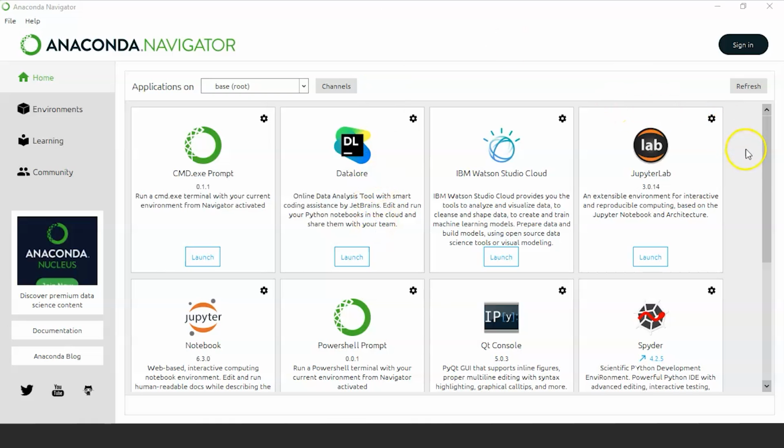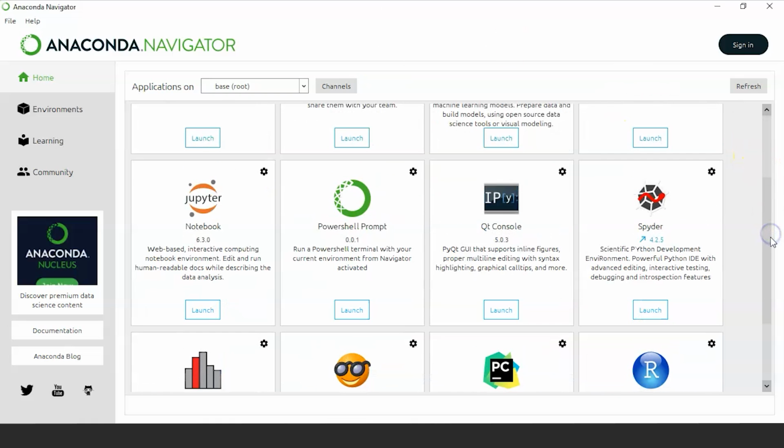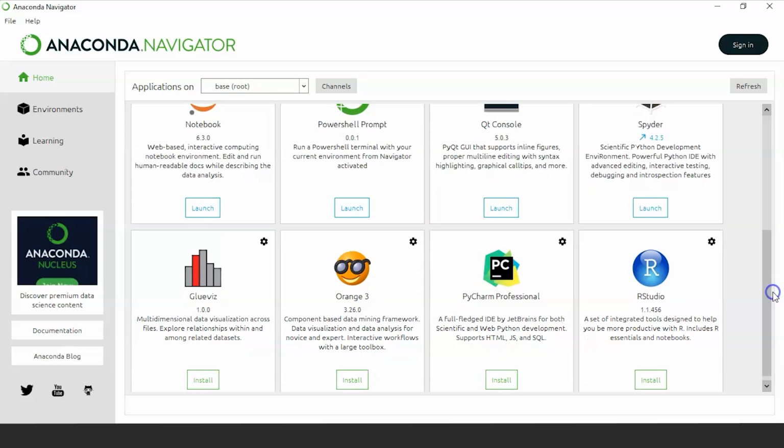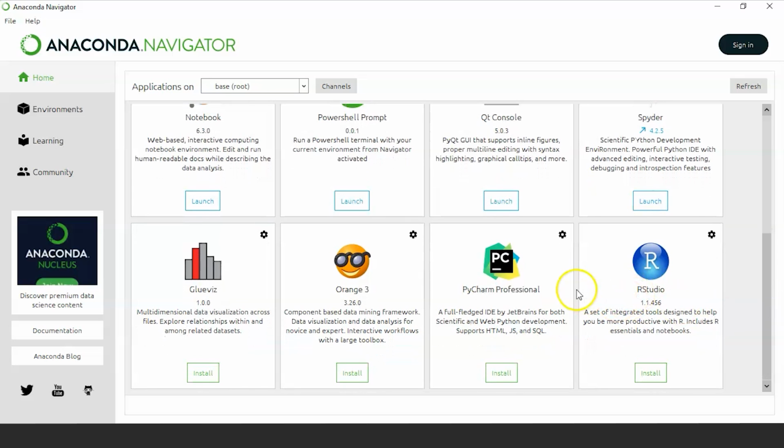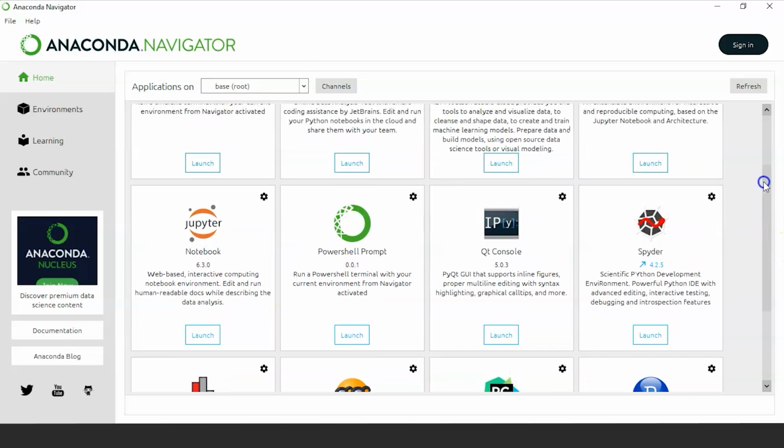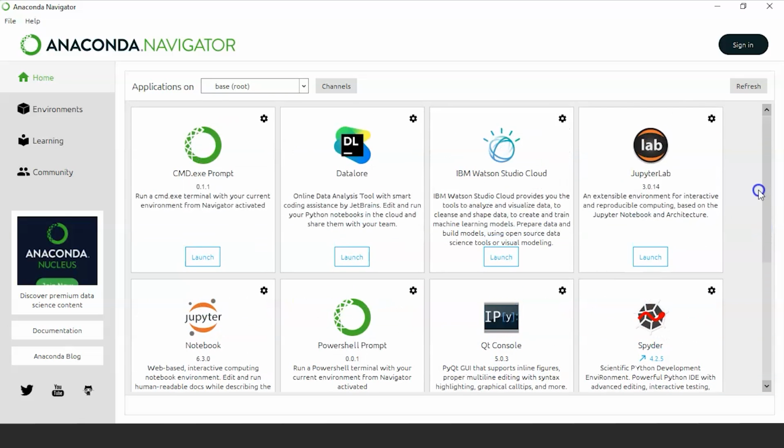And if you want to install any other tool, you can. Like you can install RStudio, PyCharm Professional, Orange 3, GlueViz in the Anaconda. And you already have Spyder, Qt Console, PowerShell Prompt, Jupyter Notebook, JupyterLab, IBM Watson Studio Cloud, Datalore, cmd.exe prompt.